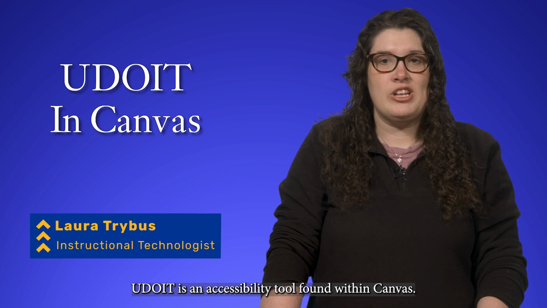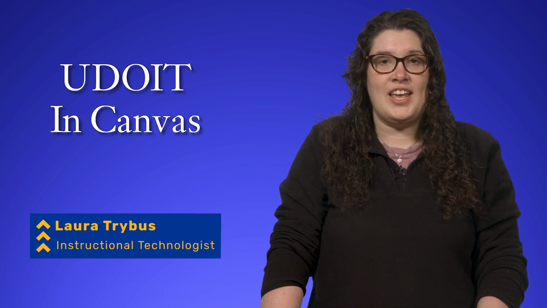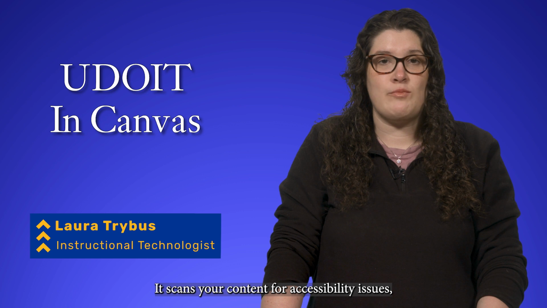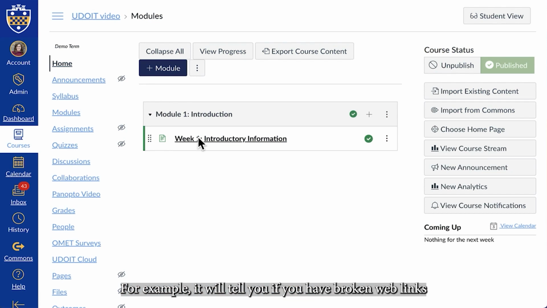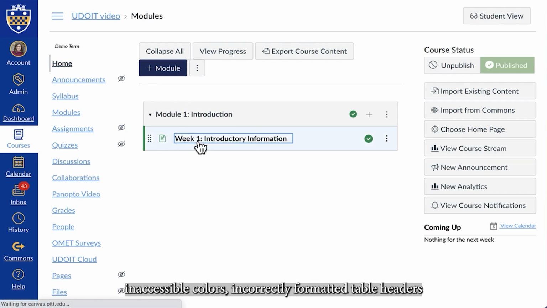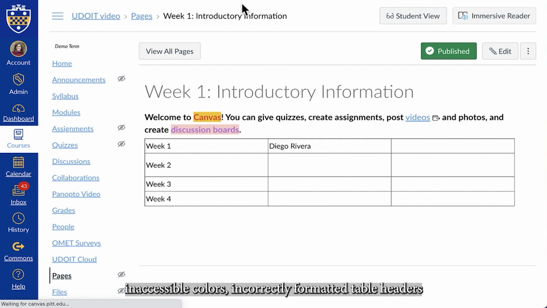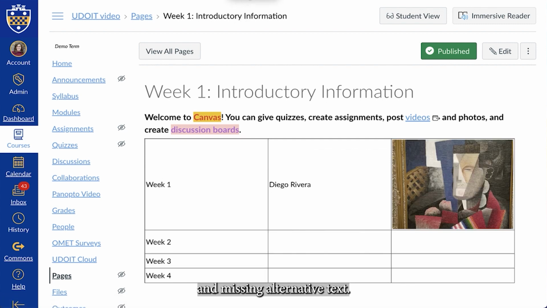UDOIT is an accessibility tool found within Canvas. It scans your content for accessibility issues, lists them, and tells you how to fix them. For example, it will tell you if you have broken web links, inaccessible colors, incorrectly formatted table headers, and missing